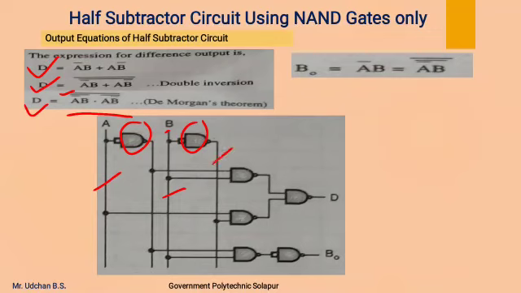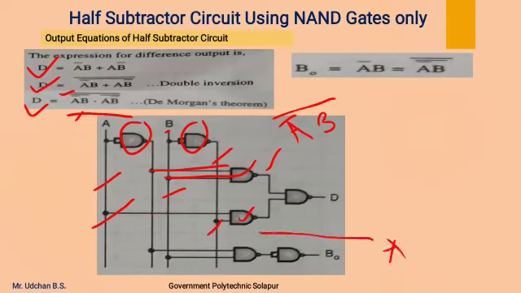So now using this NAND gate, we can get the first term, A bar B complement. A bar is connected over here and B is connected to this NAND gate, so the output of this NAND gate will be A bar B complement. After that, to produce the second term A B bar complement, the A input and B bar input are connected to another NAND gate, which will produce A B bar complement.